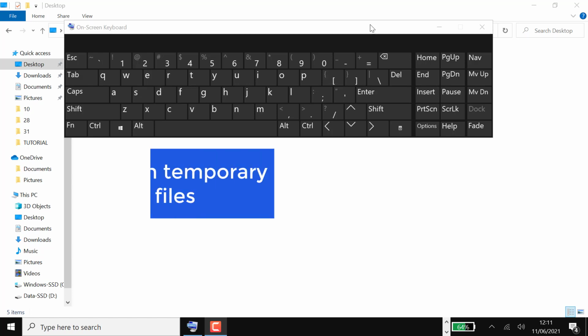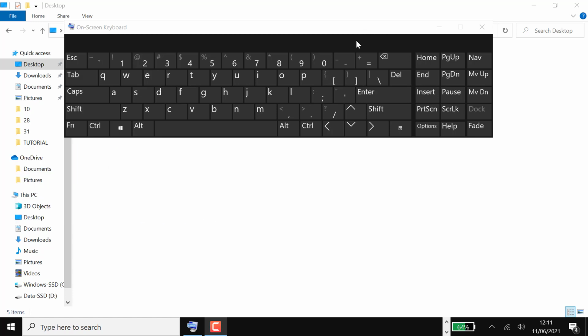First, we clean the temporary files. You can delete all temporary files. You can do this once a week. Okay, now how to delete the temporary files? On your keyboard, type